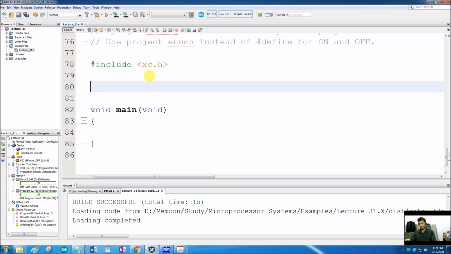ASCII values are characters, just like the numbers 1 2 3 4 5 and the alphabets. There is an ASCII value for each of these characters, and we will directly send the characters using the serial port, to a virtual port. We will simulate it in Proteus using a virtual port.